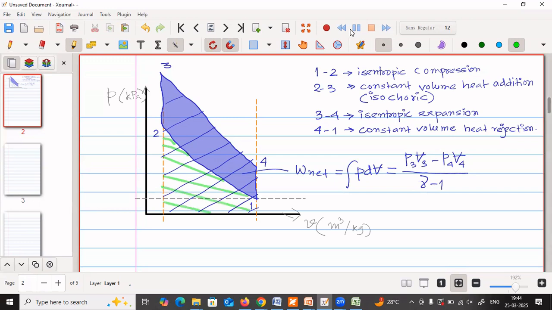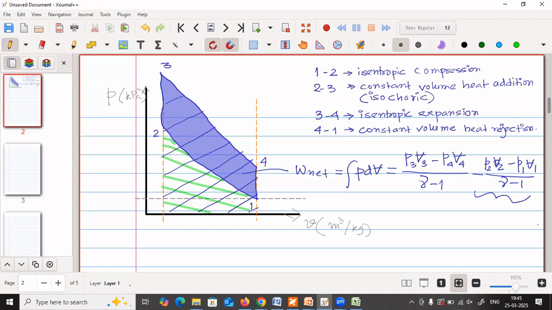And since this process 1 to 2 is similar to that of 3 to 4, the only thing is that it is compression and 3 to 4 is expansion. So compression will be negative. Therefore, we can write that for 1 to 2, the work output is minus P2 V2 minus P1 V1 by gamma minus 1. So the green shaded area is this one,